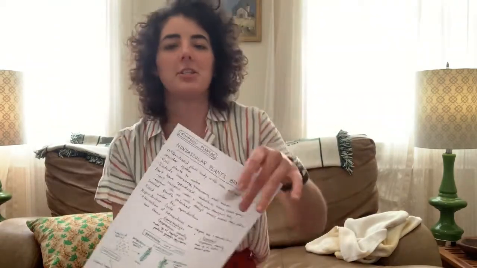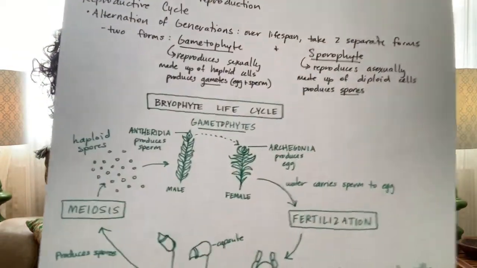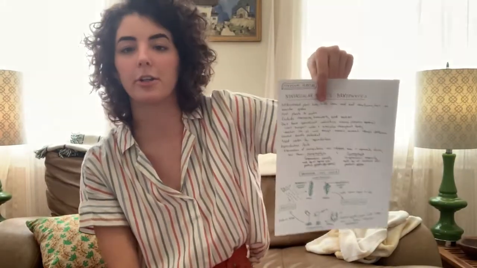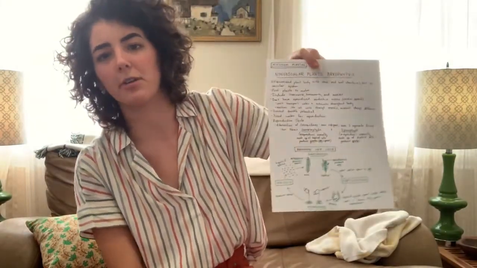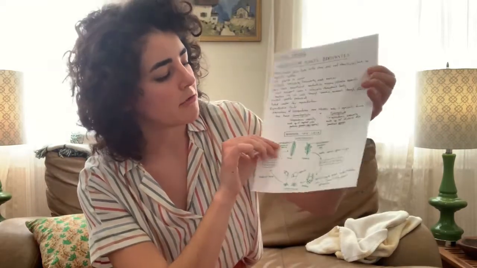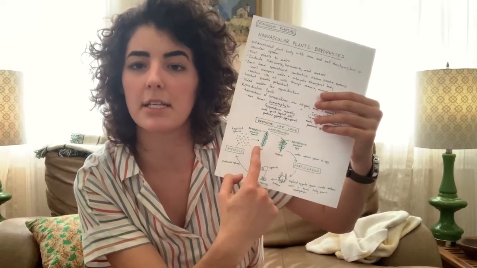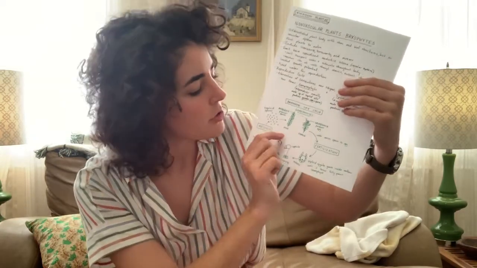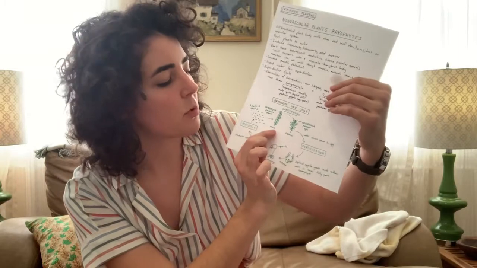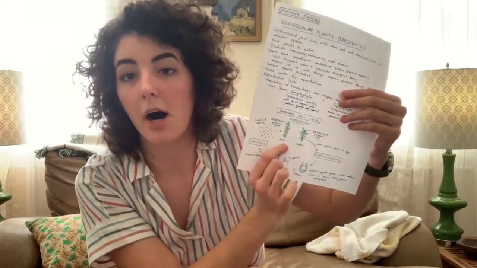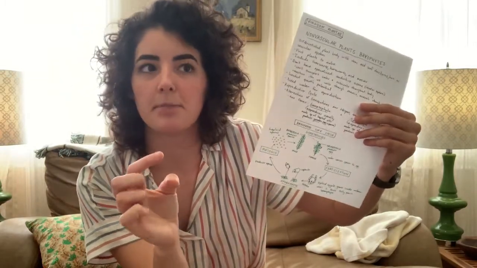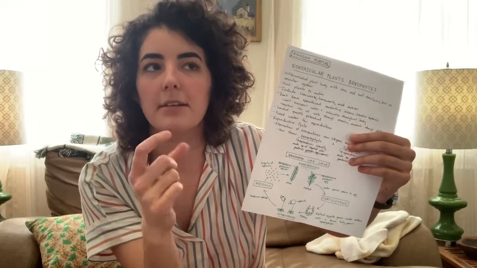So this is much easier to explain looking at a diagram like this that's in your notes. So if you follow along in the notes with me, this will be easier than me having to hold it up to the camera or redraw it on the whiteboard. So this is our bryophyte life cycle. So this is like a moss, basically. So these are teeny tiny, right? Like this small. So these are our gametophytes. This is what you think of when you think of moss. The gametophyte body is what is the moss, basically.